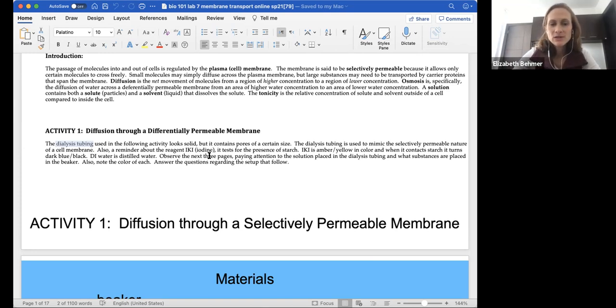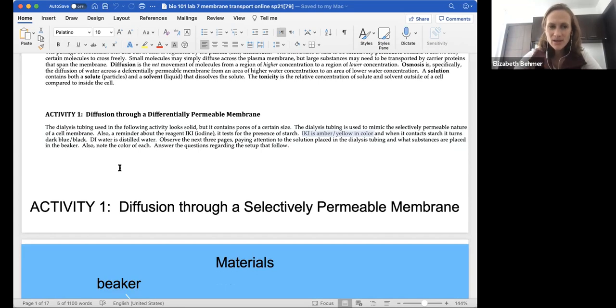Also, we're going to be using the reagent IKI, which is iodine, and iodine or IKI tests for the presence of starch. So just remember that IKI is the reagent that tests for the presence of starch. It's normally amber or yellow in color, and when it comes into contact with starch, it will turn dark blue or black. So keep that in mind, and you'll see what I mean when we go through the experiment. So we're going to take a look at the experiment and note the color of each